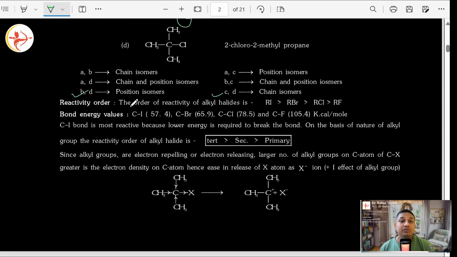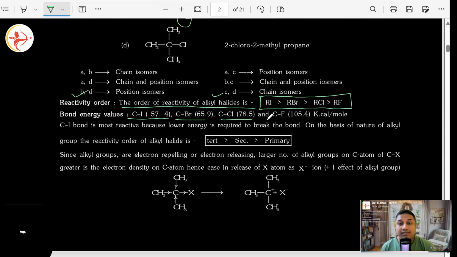One most important thing which we have been seeing in the past also, the order of reactivity, which is always this. Yes or no? Iodides are the biggest, and hence the carbon-iodine bond will be the weakest, hence most reactive. You can check their bond energy value also, least bond energy. That means it can be easily overcome. Yes, kilocalorie per mole. C-Br more than that, C-Cl even more than that, and C-F has the highest bond energy. That means the most difficult bond to break.